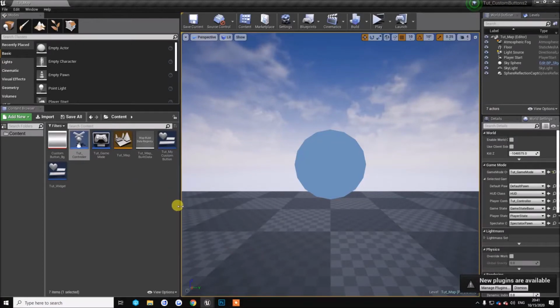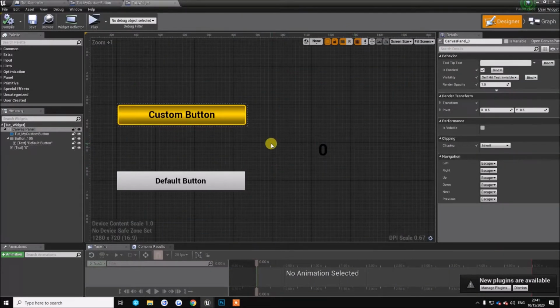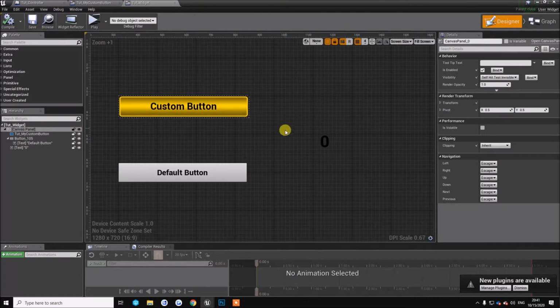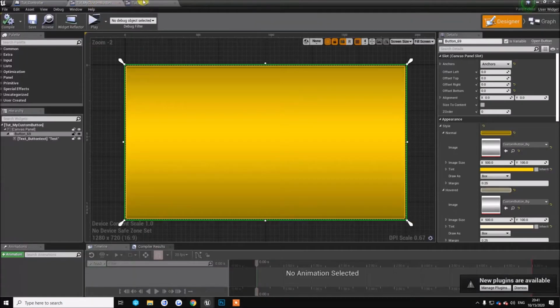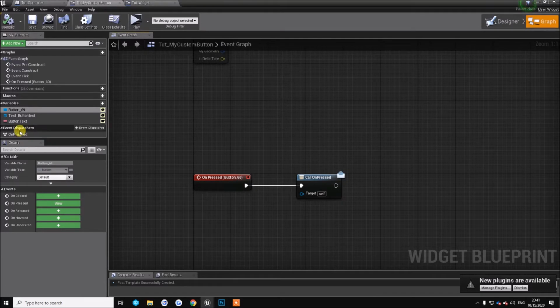Hello, I wanted to make this small tutorial to show you guys how to make a custom button. This is something I have been looking for a while and I couldn't really find any decent tutorials or documentation on it until a few days ago when I asked a question on the Slackers Discord and somebody showed me something that I didn't know of, which is actually very handy, and that is basically that you can use event